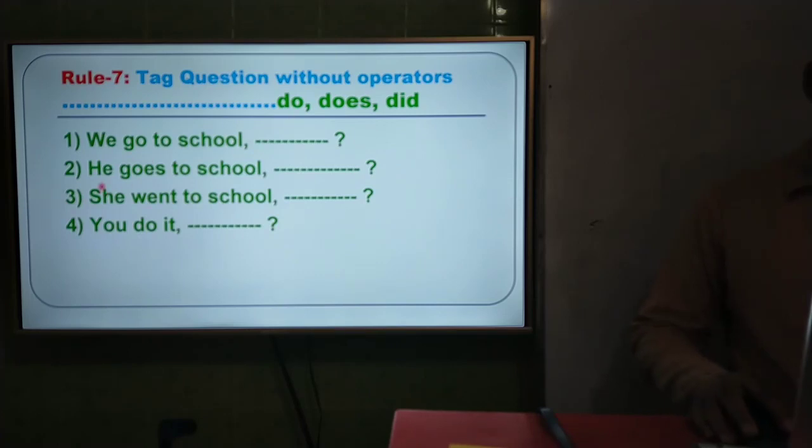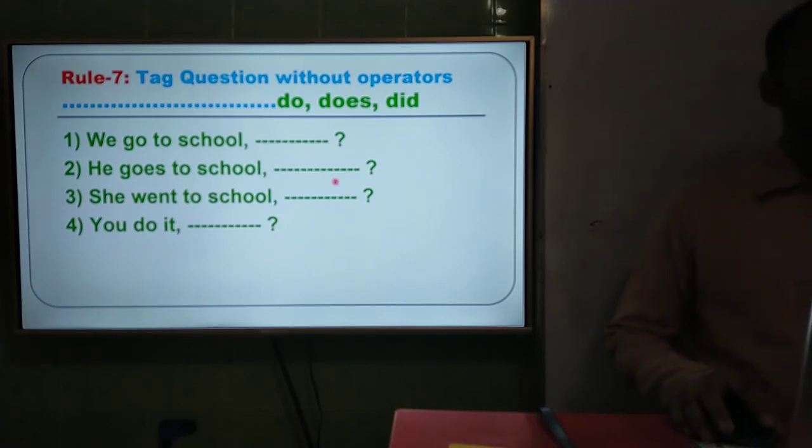And look at the second question, he goes to school. Here verb is goes, and after go we see es. That means if we get s or es after verb, we shall use does to make this tag question, and without s or es we shall use do to make this tag question. So dear students, the answer of first question will be